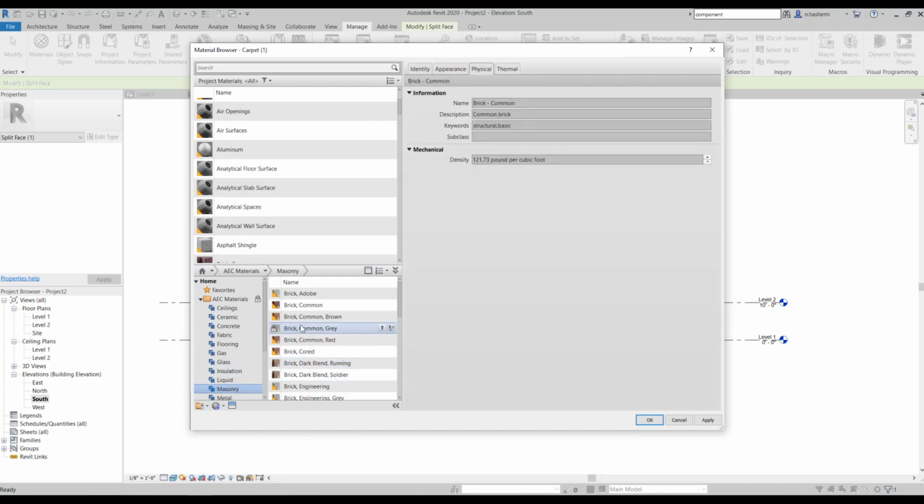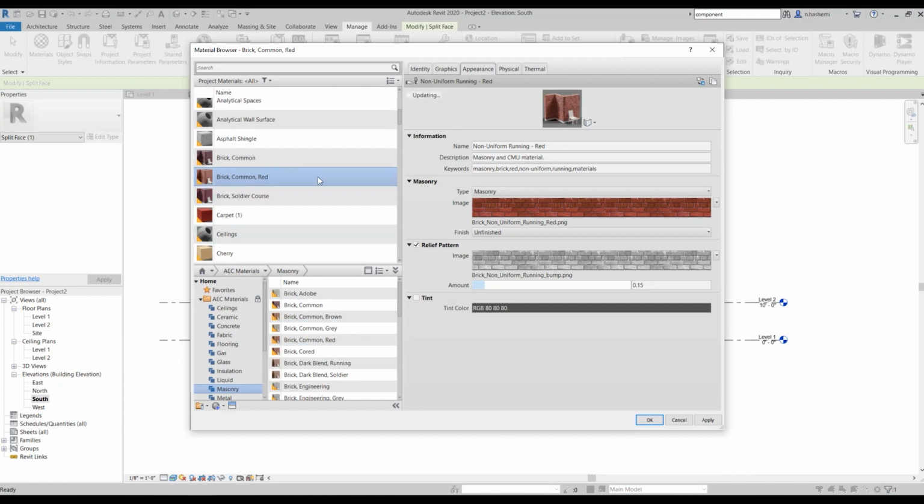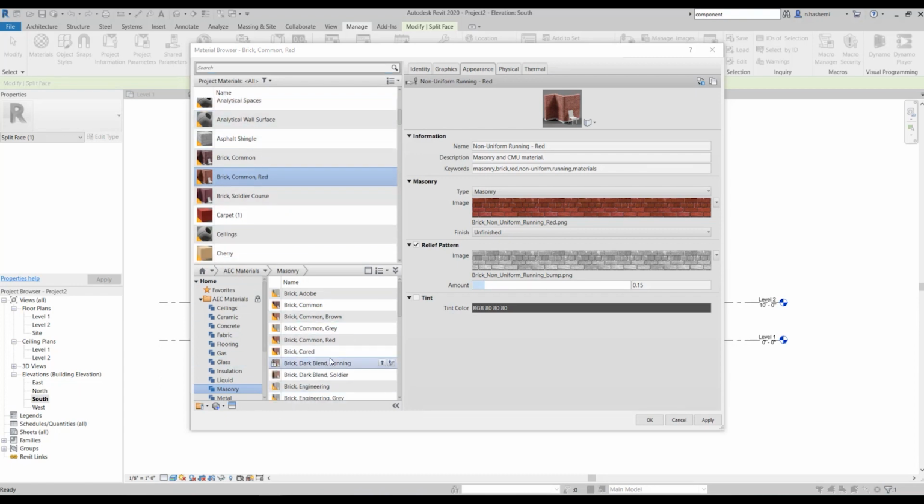Okay, so we have even more materials here, and if I want to have this material in my main library over here at the top, you can select the material, hit this up arrow, and then we will have it over here. Okay, you can add it to your main library. So this material section at the top is everything that you have inside of your project, and it is actually called project materials. And this one at the bottom is the material library.